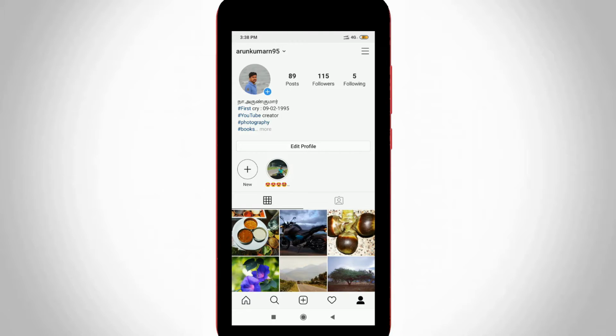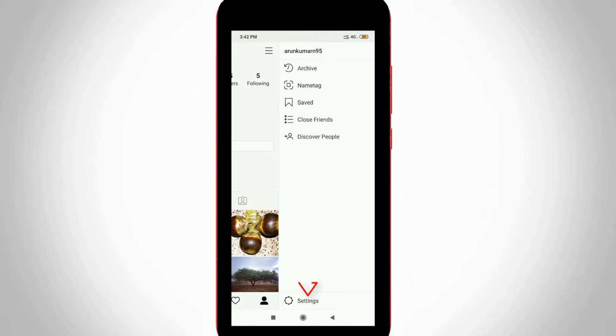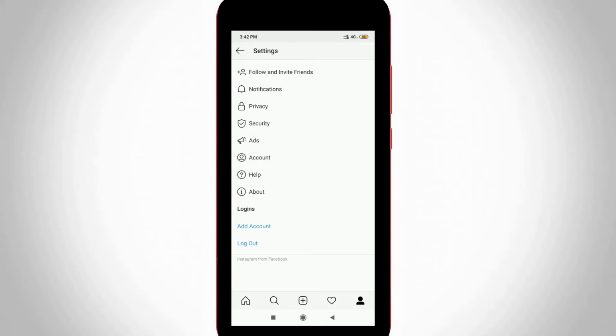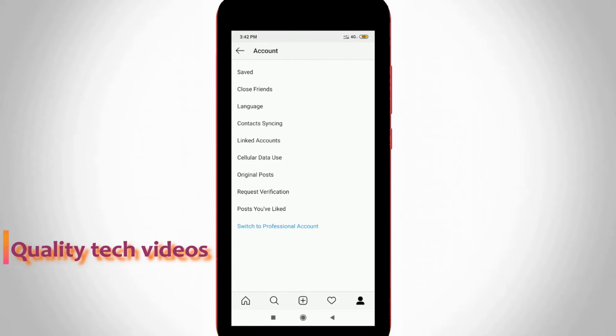So now it shows my entire profile informations, but you can press that horizontal 3 lines icon and it is placed at the almost top of right side corner, and then go to settings, but this option is located at the bottom. Now it shows lots of settings, but you can go to account settings. So just click to open it,